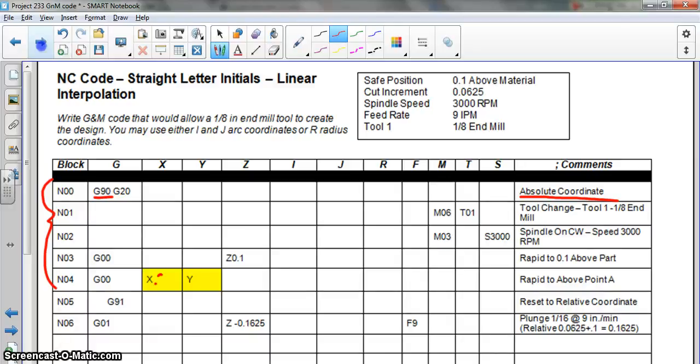My XY is referencing absolute, the origin right there, so I'm still at 0.3125, but now I am going to relative coordinates here in G91. So notice the change there. That also means I have to be extremely careful about when I'm dropping into the part and how far, because I was up a tenth, now I'm in relative coordinates. I will be dropping not 0.0625, but negative 0.1625, because I have to take into account the Z that's here